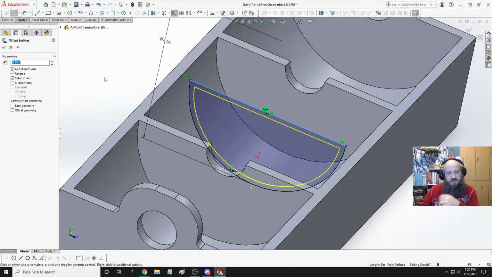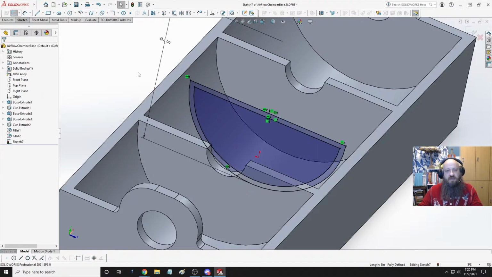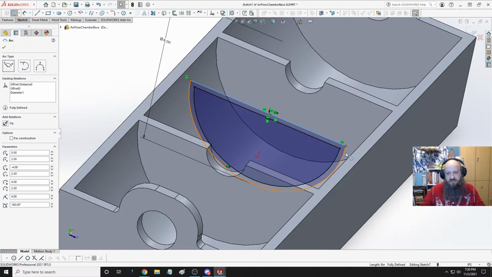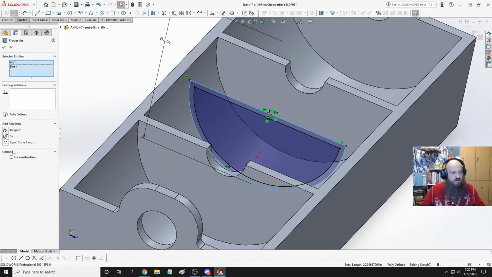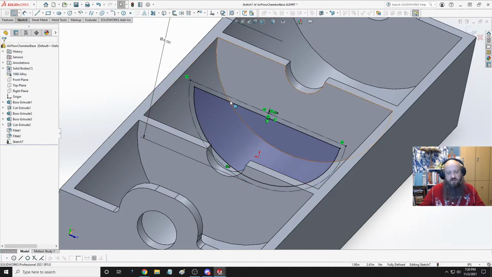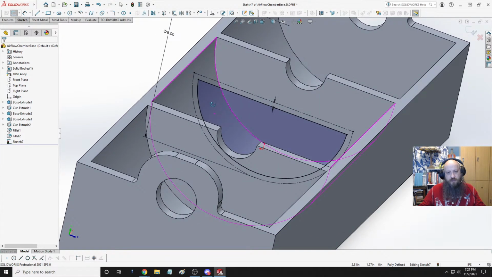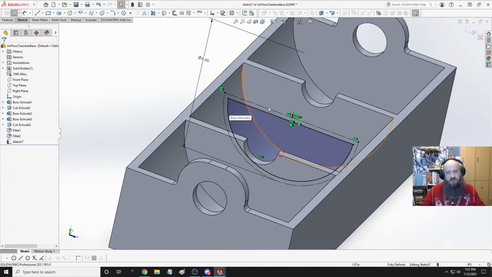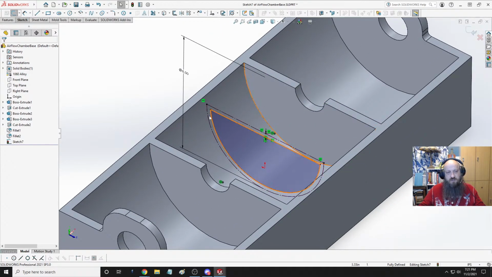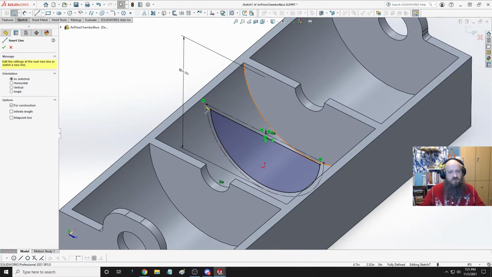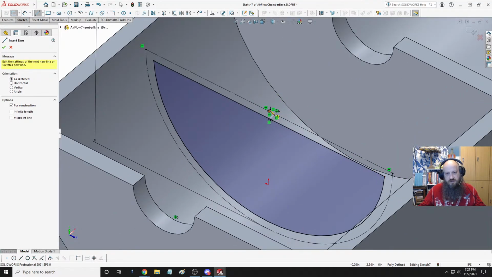Reverse that. And I believe I want this base to be for construction. And I want this